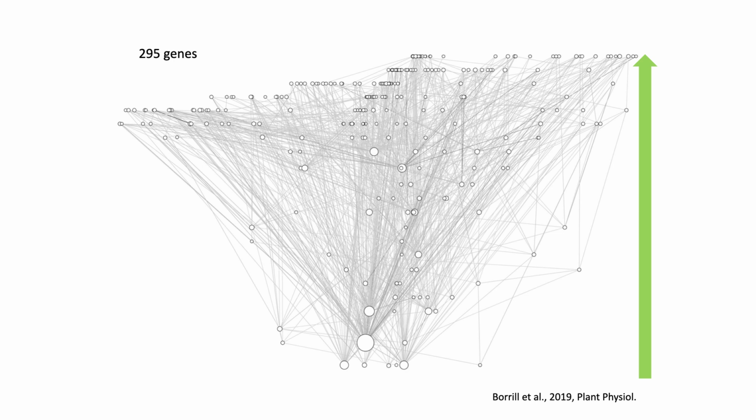It goes from the bottom to the top of the screen. And they've also made the genes sized according to how many connections they have. So you can see there are some genes which have a lot of connections because they're really big, and some that don't have that many connections, so they're quite small. So this was nice. We had a network with around 300 genes in it,